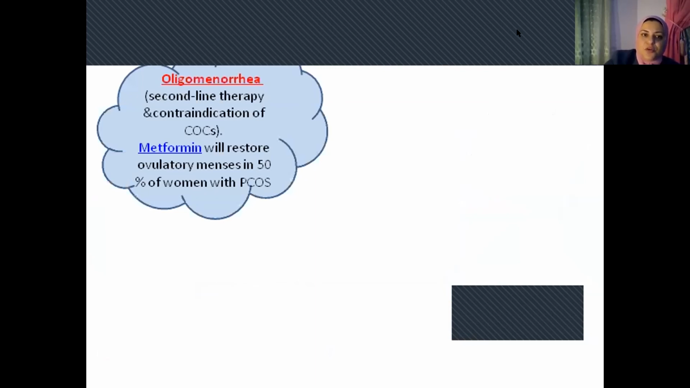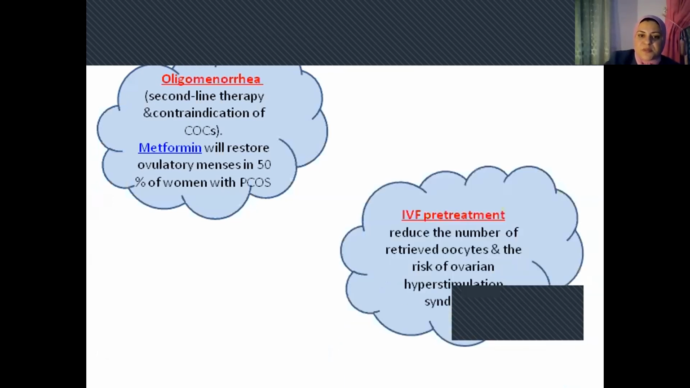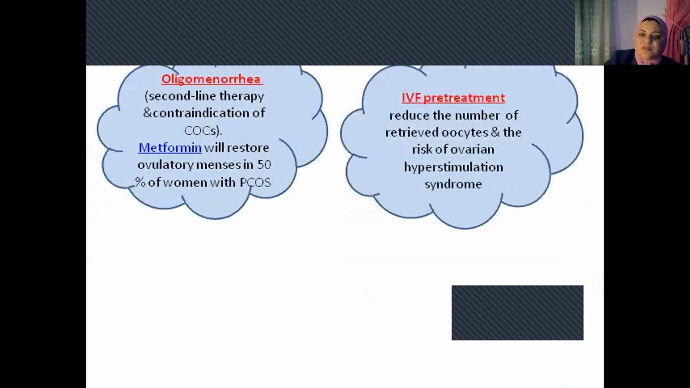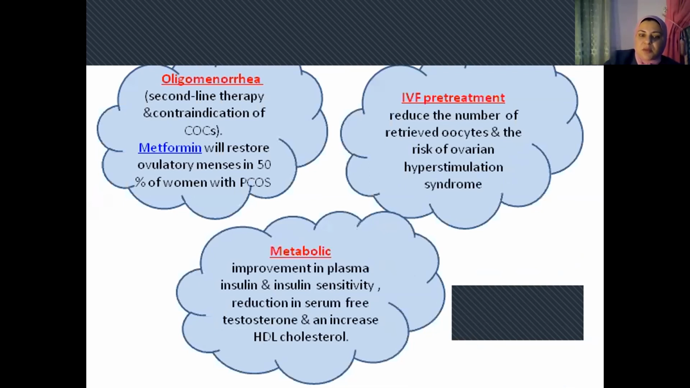Then metformin could be introduced in these patients. At first, metformin had the upper hand because it treated oligomenorrhea. It's second-line therapy if there is a contraindication to oral contraceptive pills. Metformin will restore ovulatory menses in 50% of women with PCO. It also improves plasma insulin and insulin sensitivity, reduces the free testosterone, and